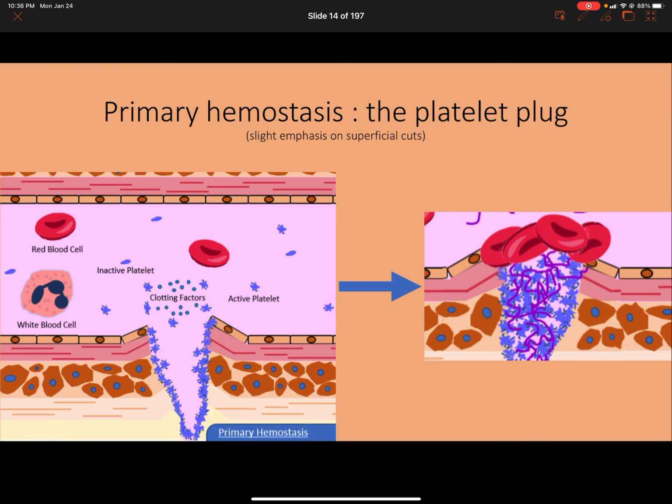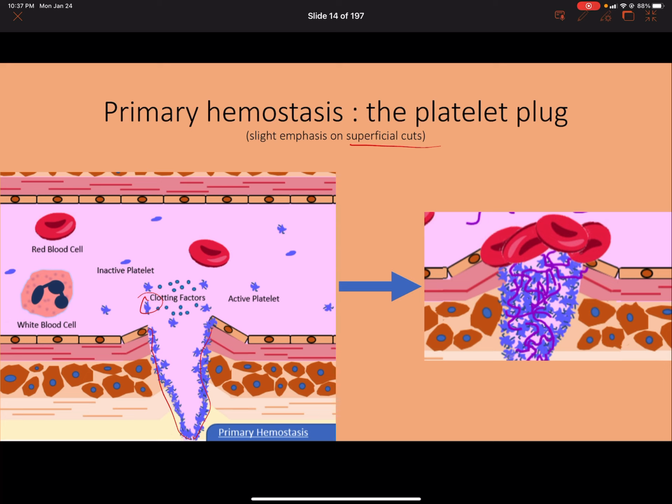All right, the first step in blood clotting is called primary hemostasis, and this consists of the platelet plug. Later down the road, the next step will be secondary hemostasis, which has to do with the coagulation clotting factors. And again, platelets have more to do with the superficial cuts and the bleeding time, while the coagulation factors have to do with the deeper joint bleeds. So we get a break, and our first line of defense is these platelets, which will